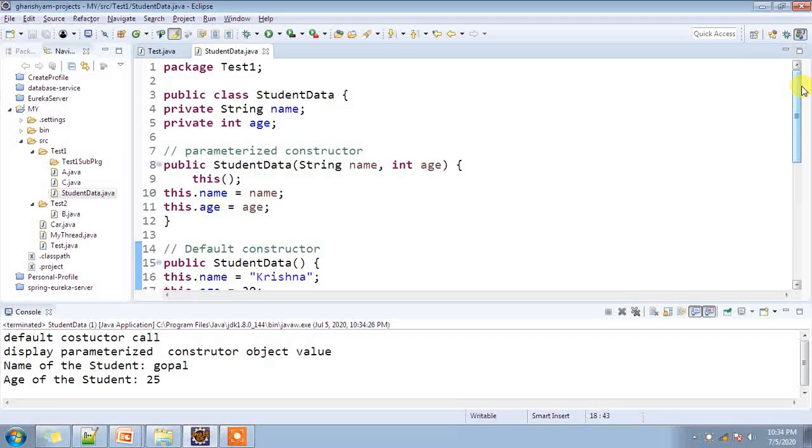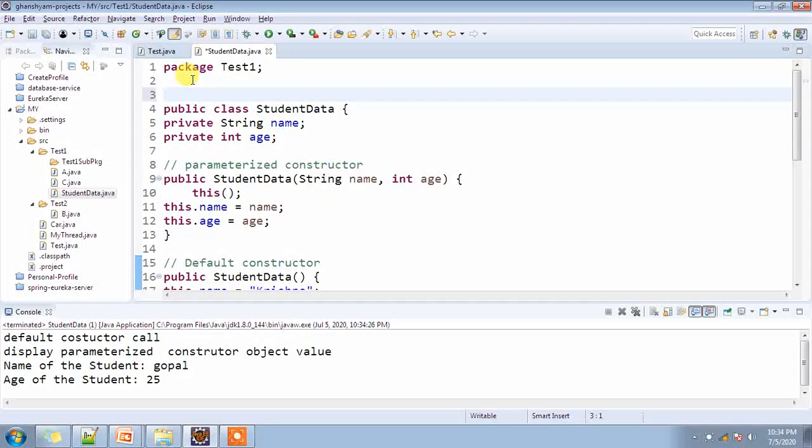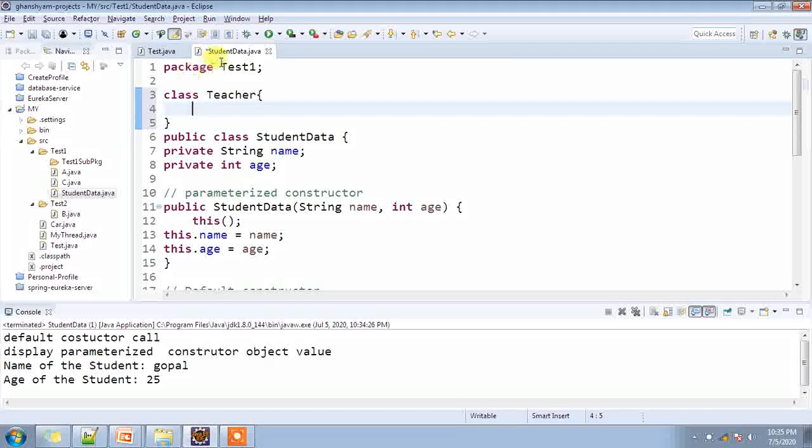Now if you want to call the superclass constructor, suppose we create a superclass Teacher.